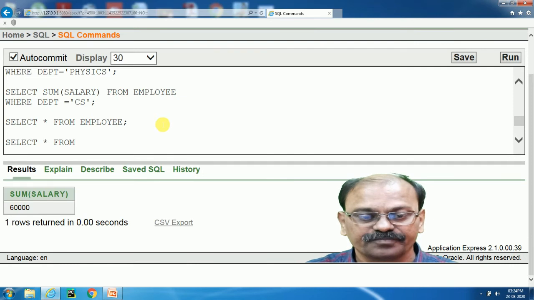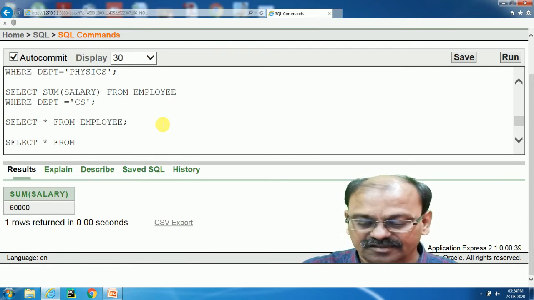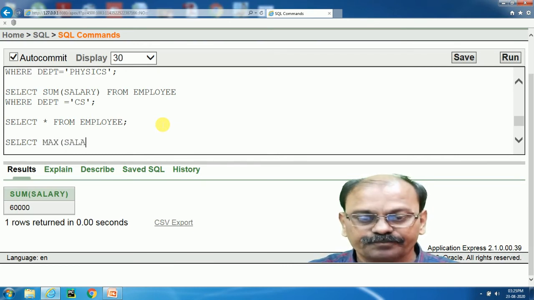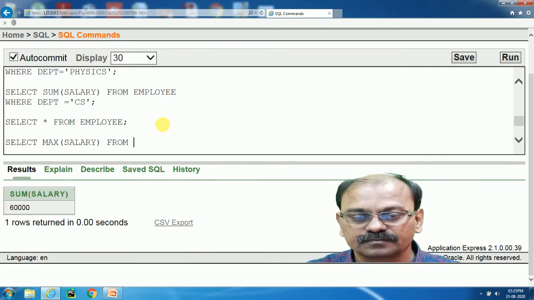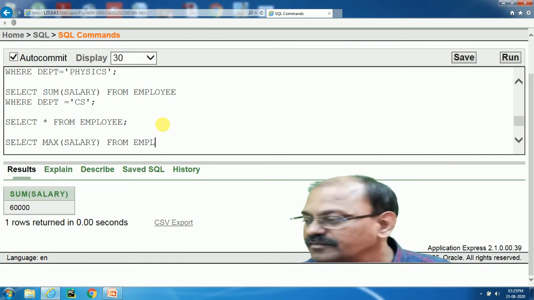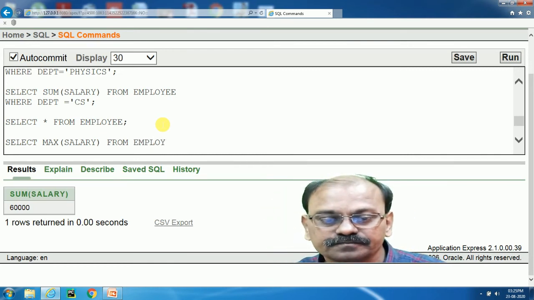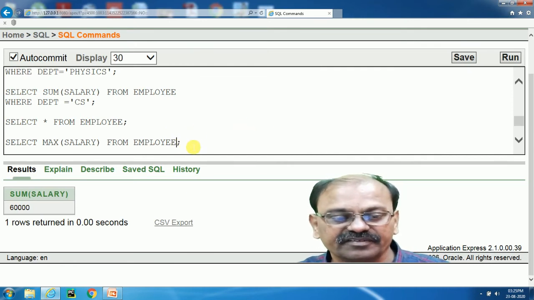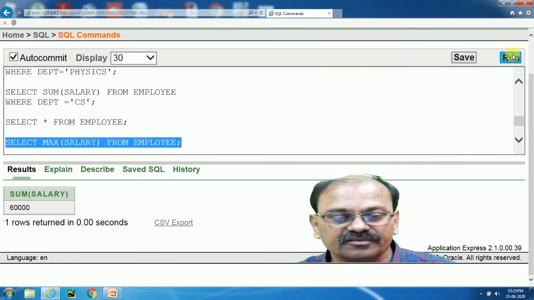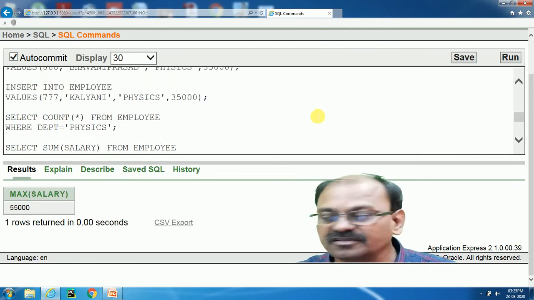SELECT MAX(salary) from the table name, which is employee. We will get the maximum value, that is 55,000. The employee who got the maximum value here is Padmaja. So this is the way we can do it.